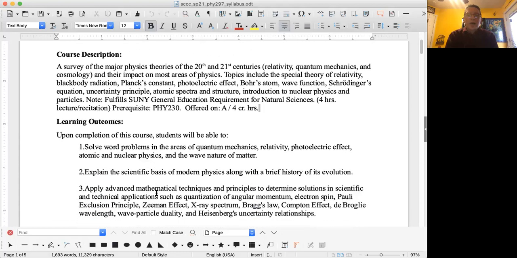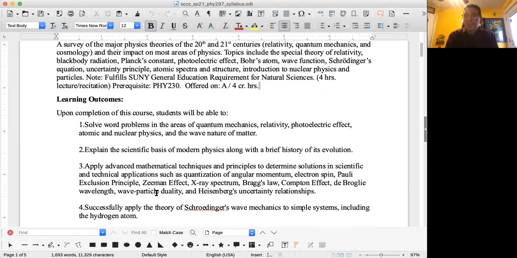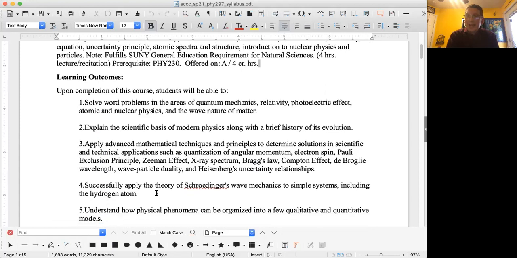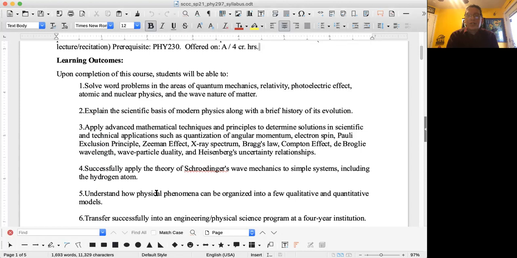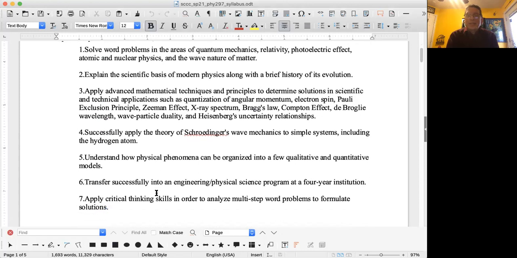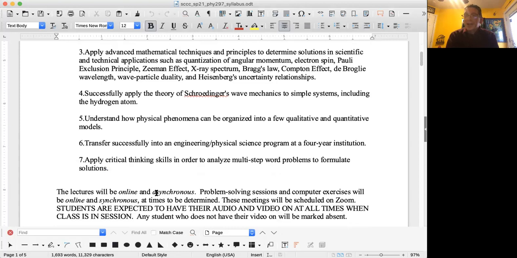So you'll be solving problems just like you've done in physics 1, 2, and 3. You'll be able to understand how modern physics developed, do some basic applications of the Schrodinger wave equation, and basically apply critical thinking